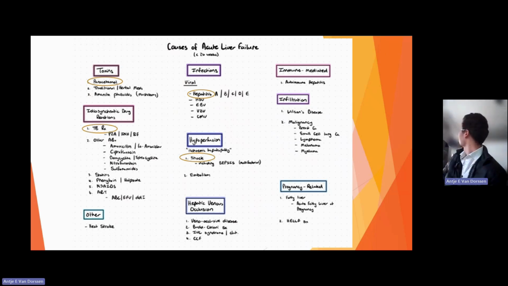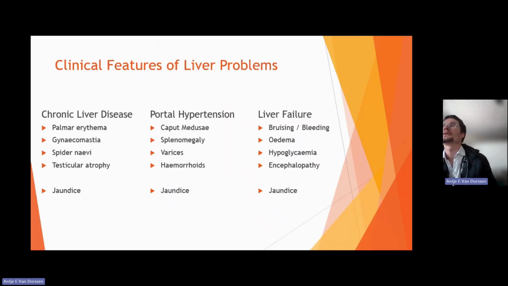We do have a few autoimmune hepatitis patients floating around in the MOPD system as well. Yeah. Probably will come for palliative care. Yeah. So,